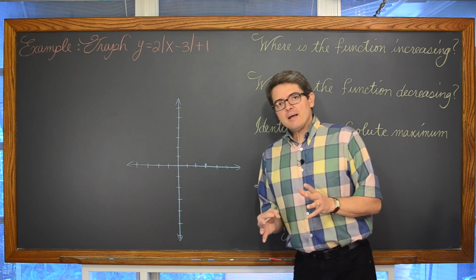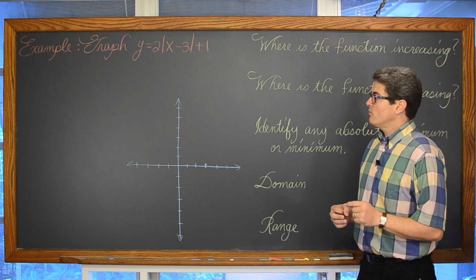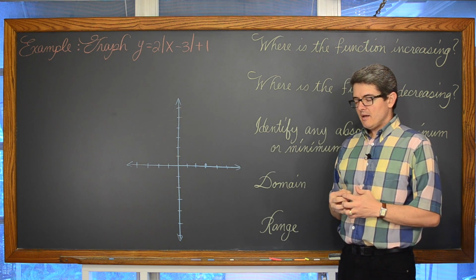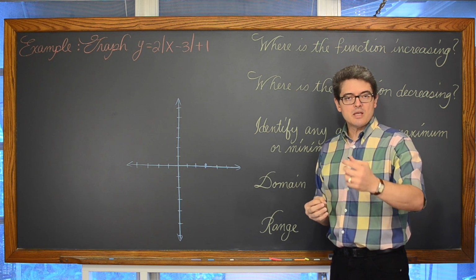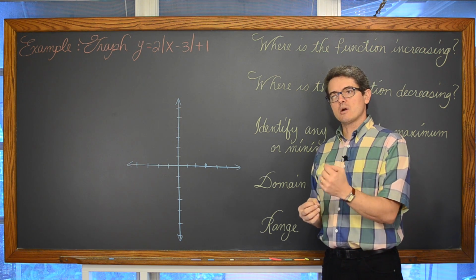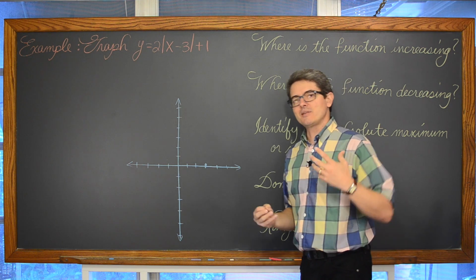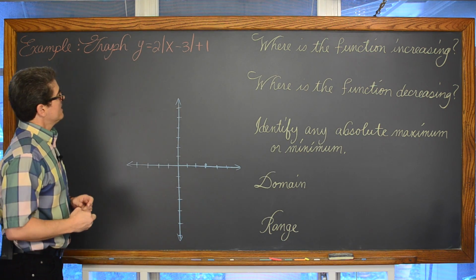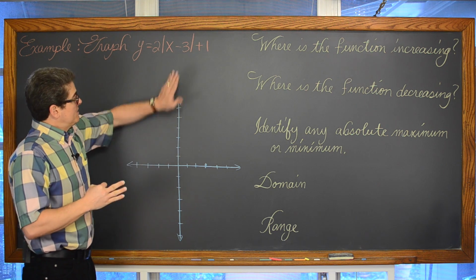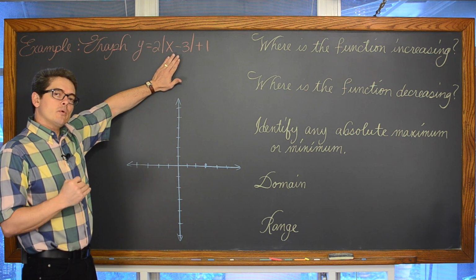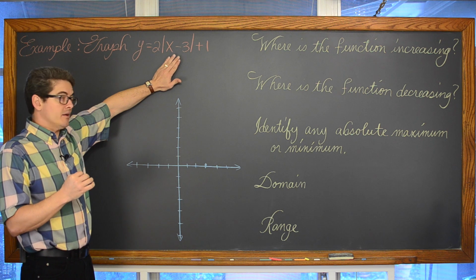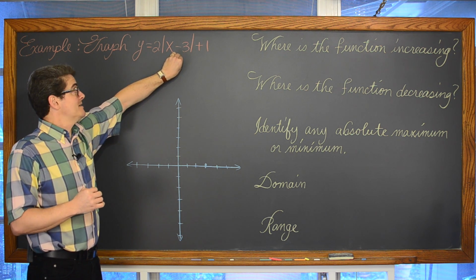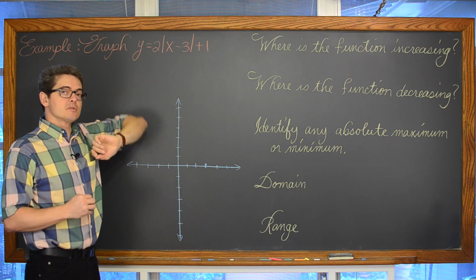And when you're graphing absolute value functions, whether they're linear absolute value functions or not, if you're doing a t-table, identify where the sharp bend is going to be. Maybe not necessarily the entire coordinate of the sharp bend, but the x-coordinate of the sharp bend. The sharp bend for these absolute value functions is going to occur at the x value that makes the inside expression, what's inside those absolute value symbols, equal to 0.